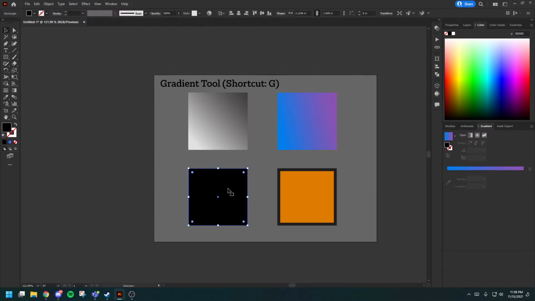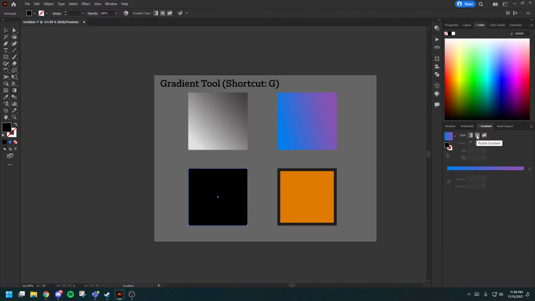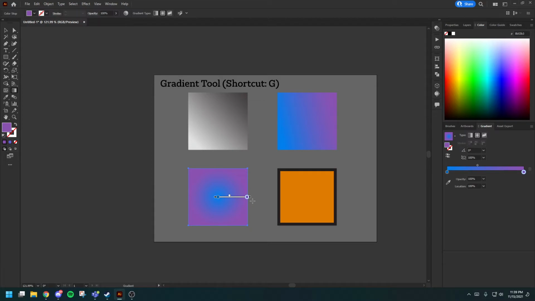Next up, we have this square, and what we're going to do is take our gradient tool, but instead of giving it a linear gradient, we're actually going to give it a radial gradient. And how this works is it creates a circular radial effect, if you will. Sorry, my words aren't with me right now. And what this allows us to do is create a gradient that goes outward from a midpoint of a circle